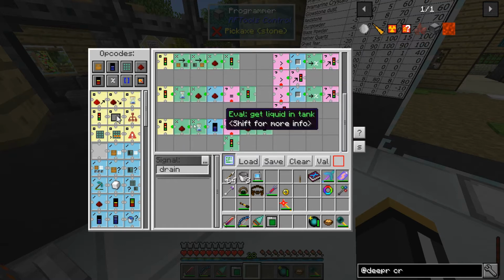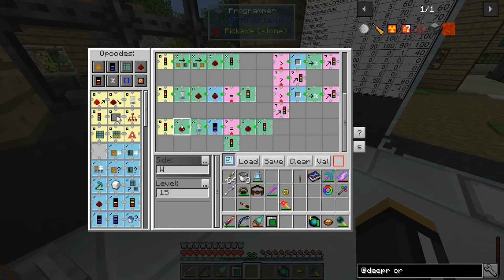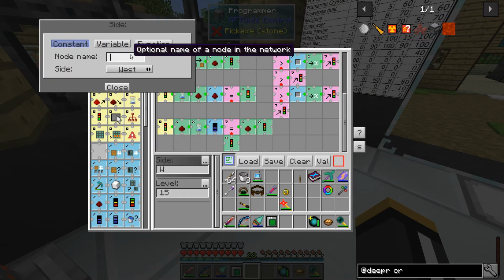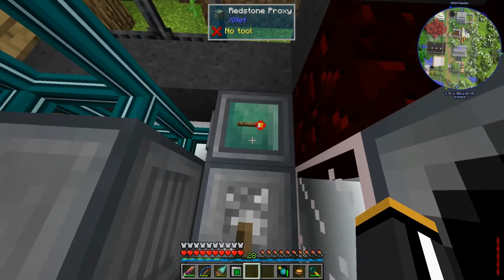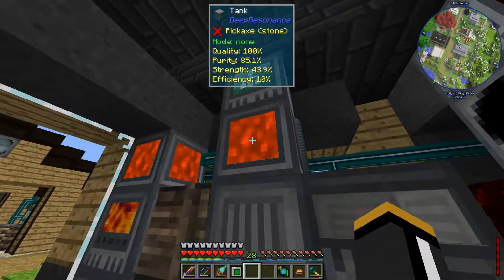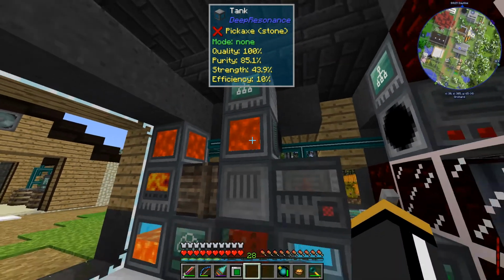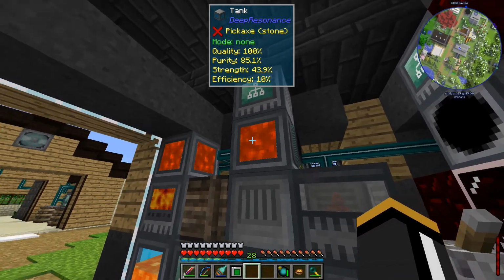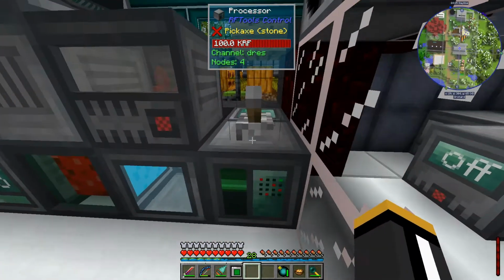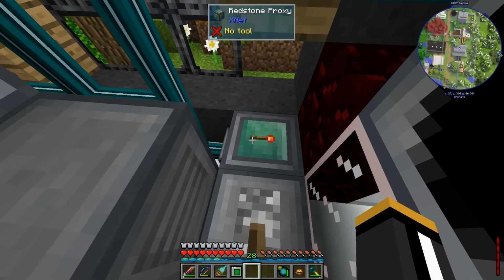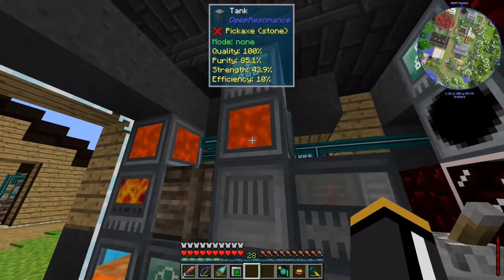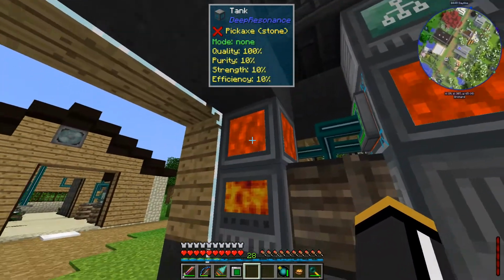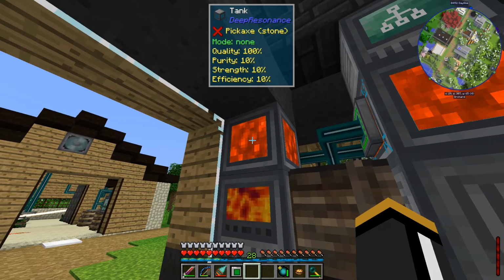So what drain is going to do down here is set a redstone signal on the west side of our blank node, which is the processor, to 15. So that's where we have this redstone proxy back here. So as soon as our fluid is what we want it to be, the purity, the strength, and the efficiency are all at least as high as we want them to be, then we're going to output a redstone signal to this redstone proxy, which our XNet system is going to pick up, and it's going to allow this tank to drain into this one, and it's going to stop this tank from filling this tank